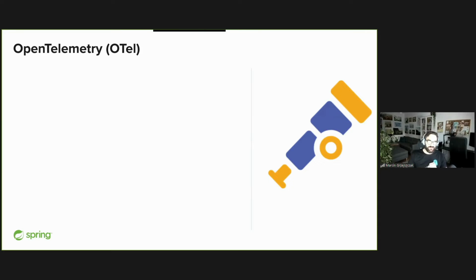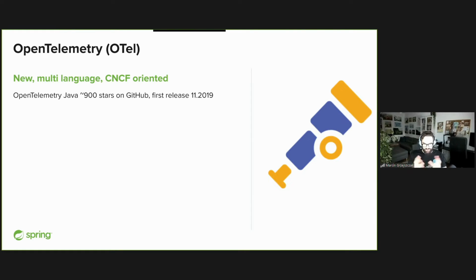So what about the new shiny OpenTelemetry? It's new, multi-language, and CNCF oriented. And recently there was an announcement that they are incubating in CNCF, as far as I remember. So OpenTelemetry Java, which is an implementation of the OpenTelemetry specification, has around 900 stars on GitHub, and the first ever release took place in November 2019. Now, the specification itself has around 1,900 stars, and the first milestone release happened in June